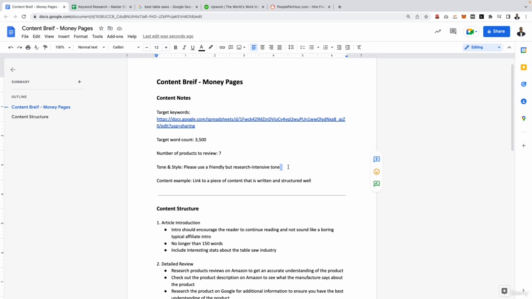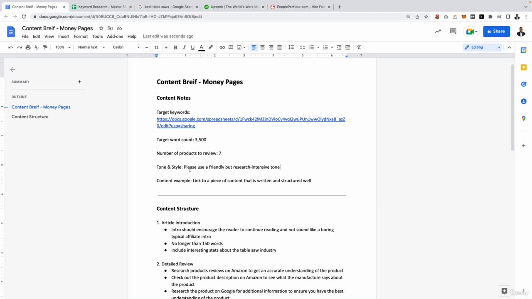That is actually quite crazy, bearing in mind how long I've been using this. But hey, it still never let me down. But the reason I go for a friendly and well-researched intensive tone is because a friendly tone isn't really suited to any of the niches that I typically target. And of course, using statistics and just sounding like you actually researched the niche and you know it inside out is going to help you sound educated and also help build trust with the user.